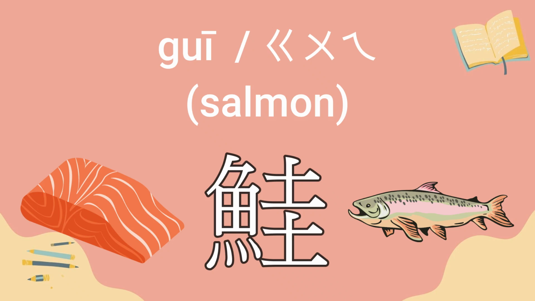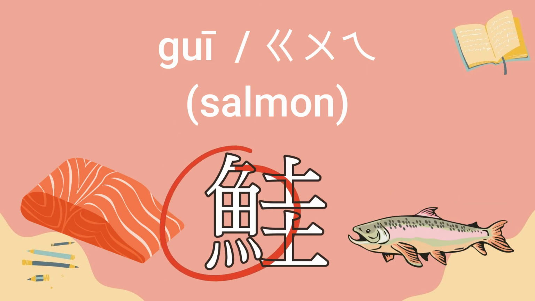So today we are going to learn the first type of fish, that is 鲑, salmon, 鲑. Obviously we will have a 鱼 radical here, right? And I want to say that this character is actually the type of character. Remember that we learned 6 types, right? And it is under